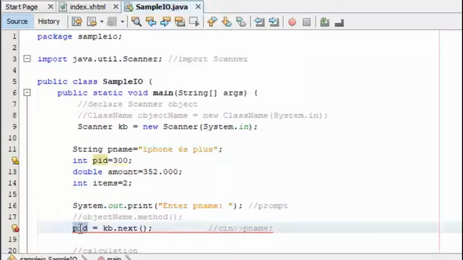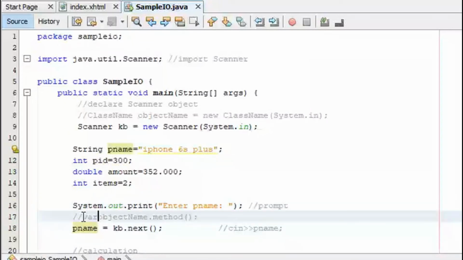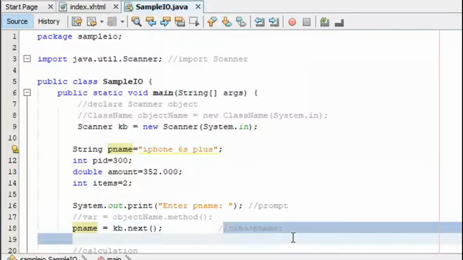No, no, no, because I want to save PName here. So let's put PName here, right? Okay, let's change the syntax then. This should be variable name equal to object name dot method name. So this is now the correct syntax, or correct form, of entering the value. Let me just remove this because I have just reminded you of C++. So we have the variable name.